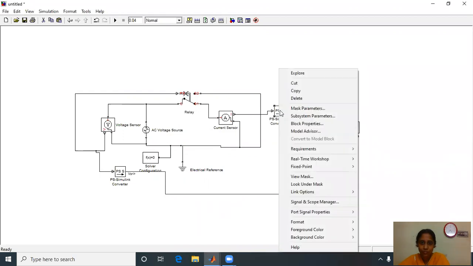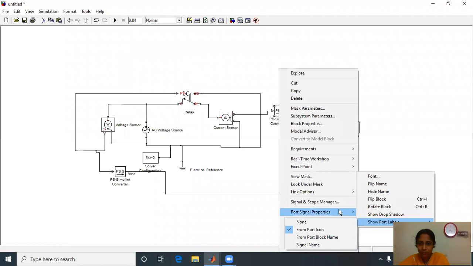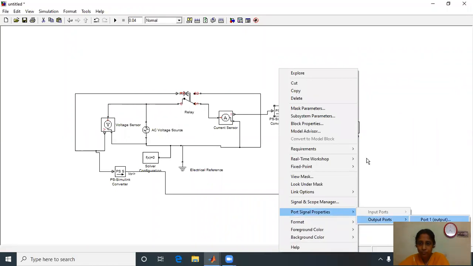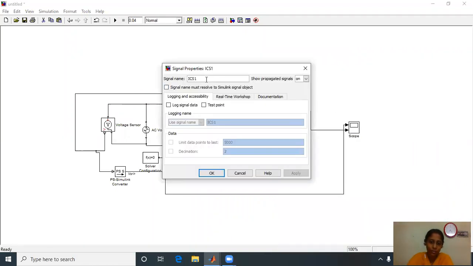And here I am changing the port signal properties a little bit. It was normally closed and further closing time is delayed. Normally closed and further closing time is delayed here.